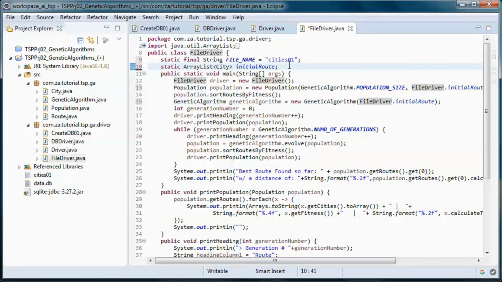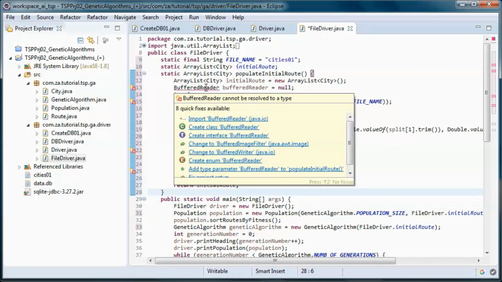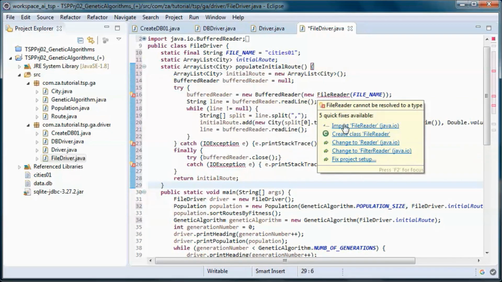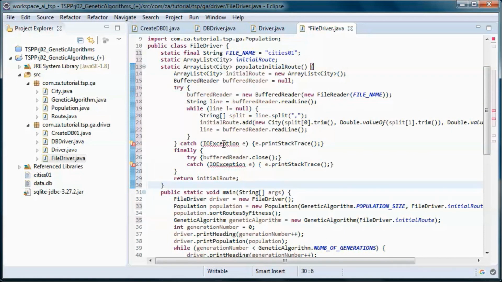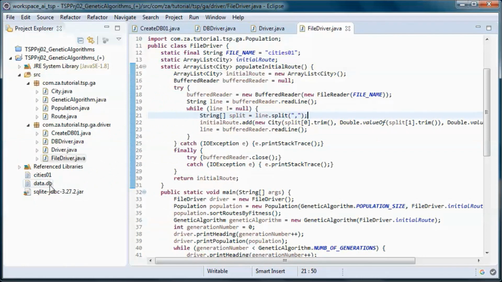And we'll have this static method that picks up the cities from the file and splits the name from the longitude and latitude using commas.